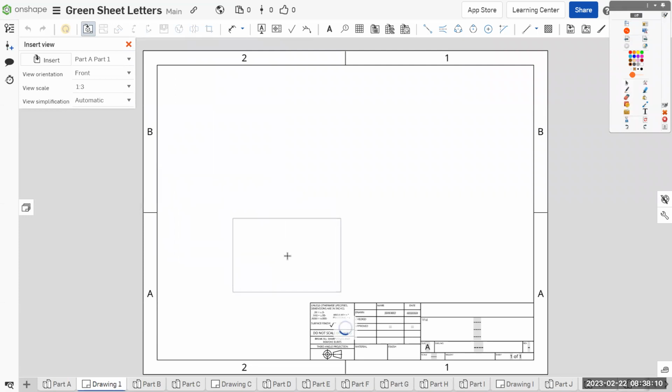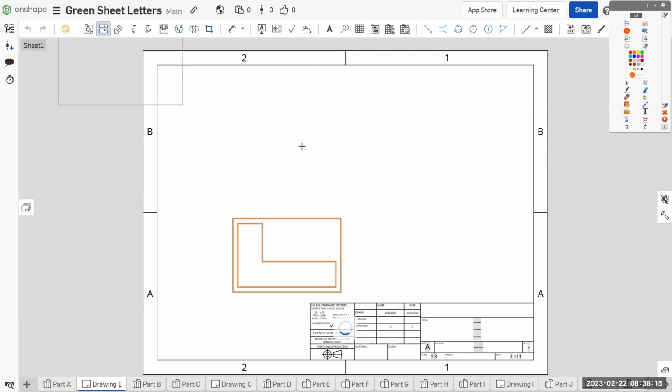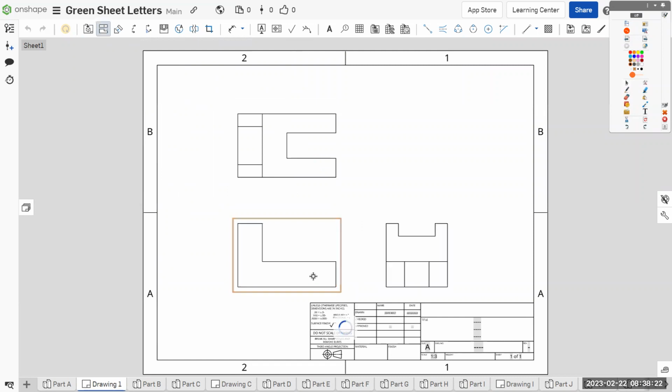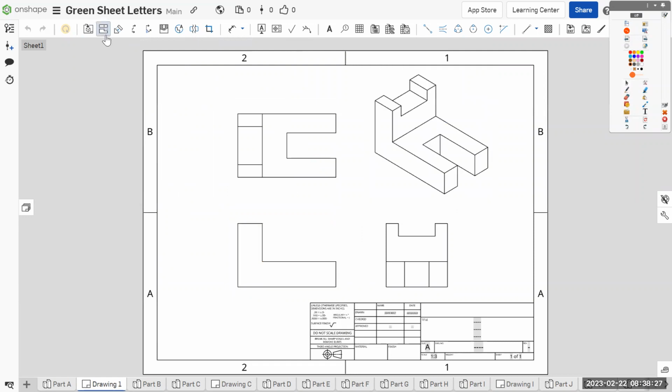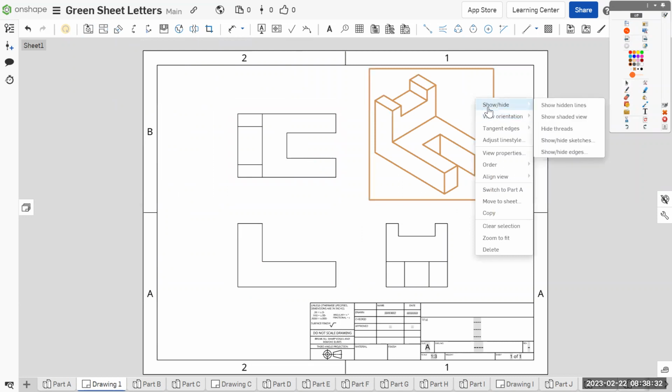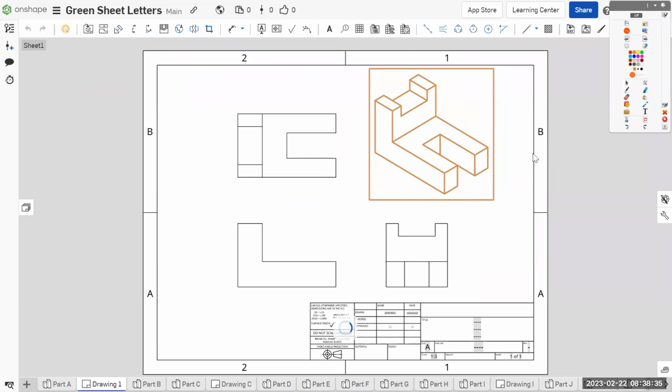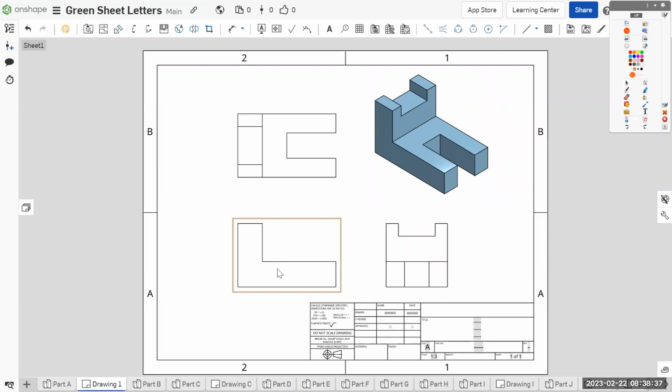And so let's go ahead and set our first view. And we already have projected view. Let's do top view. And go back to the front view, right side view. And back to the front view, top right isometric. And we could turn that off. And then our basic setup, right click, show hide, shaded view for the top right. And then for the rest, click